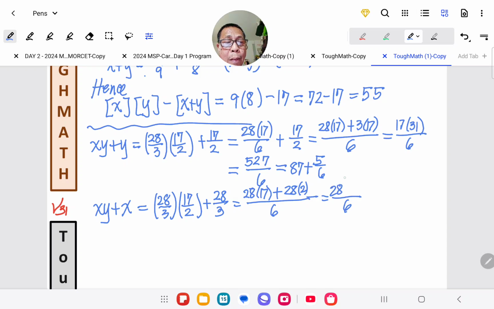This is 28 times 19, which is 532 over 6, which is 266 over 3, which is equal to